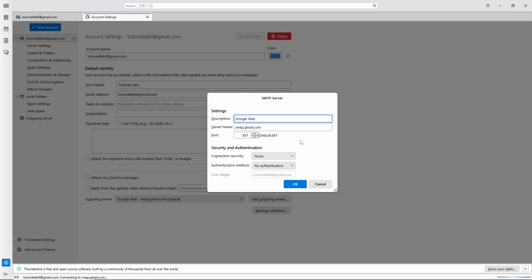Now you'll see several fields and options. Focus on the one labeled Connection Security. Beside it, you'll find a drop-down menu. Click on this drop-down and change the setting to SSL/TLS. This ensures that your connection to the server is encrypted and secure, which is often required by email providers for